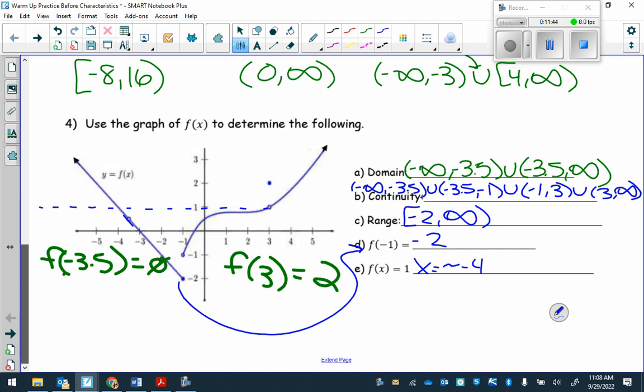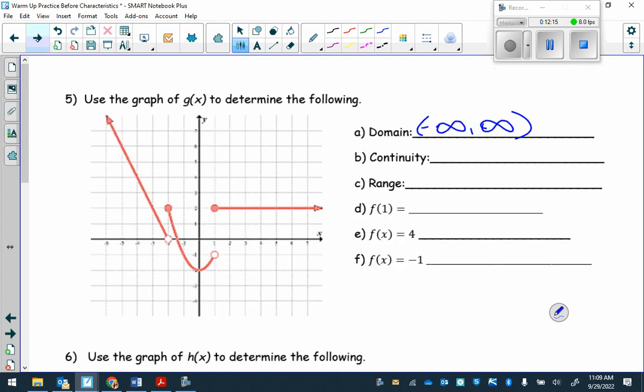Here you have an open circle, which means this value of x is not included in the domain. Okay? But if this was a whole line here, with no open circle, the domain would be negative infinity to infinity. Just because there's a hole, negative 3.5 is not included. Okay? So that's the difference if we go looking at this one with the hole right here, no other point,